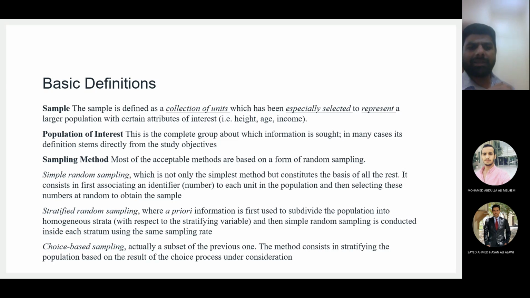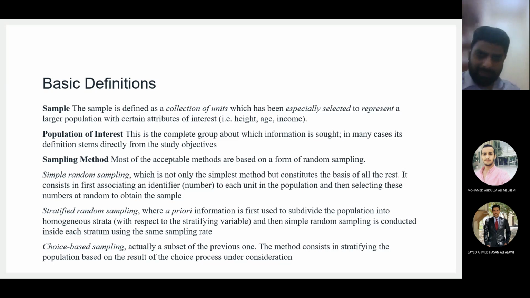Now I'll go to Excel. I'll use the command of random number between 1 to 100, 15 times. So each time Excel will give me one number out of 100. Now that number belongs to whichever household, I will collect the data from that. This is the basis of random sampling, that it is done by assigning some identifier to the population units, and then you select the identifier randomly.